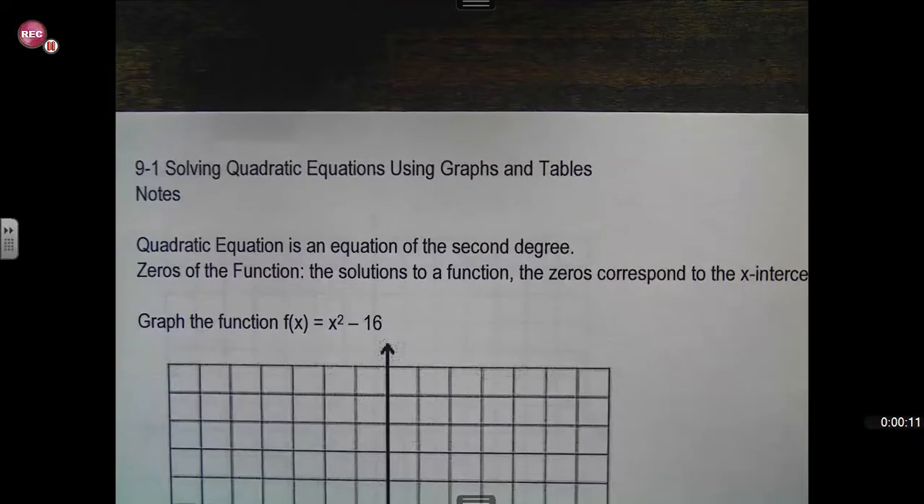These are the notes for topic 9. And in topic 9, we're going to be solving quadratic equations. We're going to start with the graphing method. Okay, tables and graphs, which is not the best, but